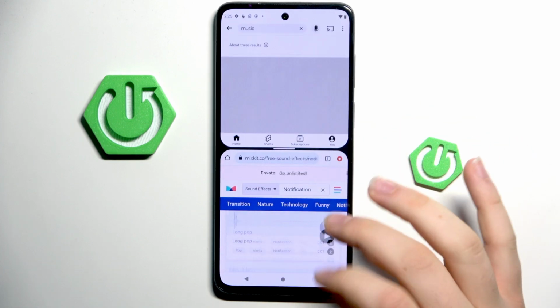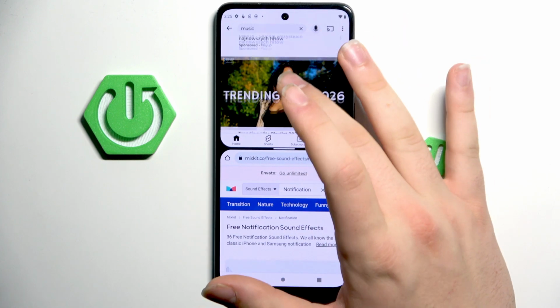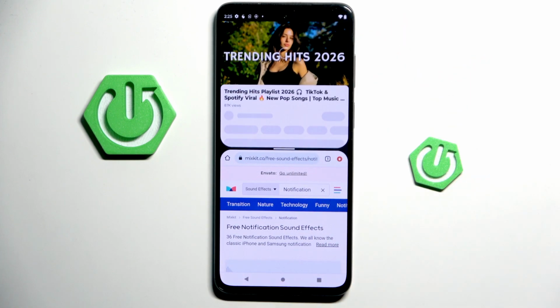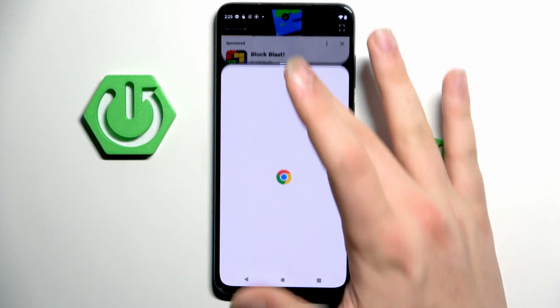And I have here notifications, so it doesn't matter, but you can see to music and do something other. You can change it here,